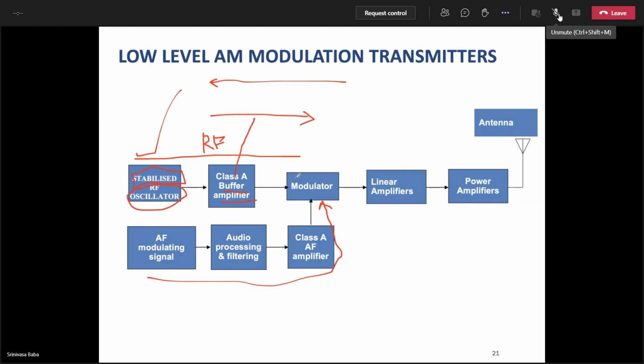Whereas if you have any mismatch because of the load,